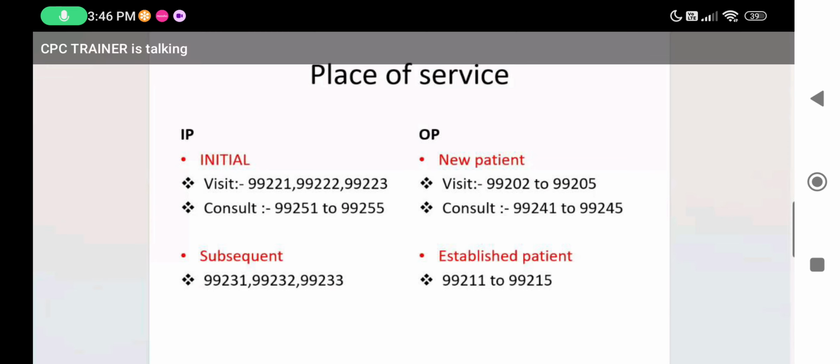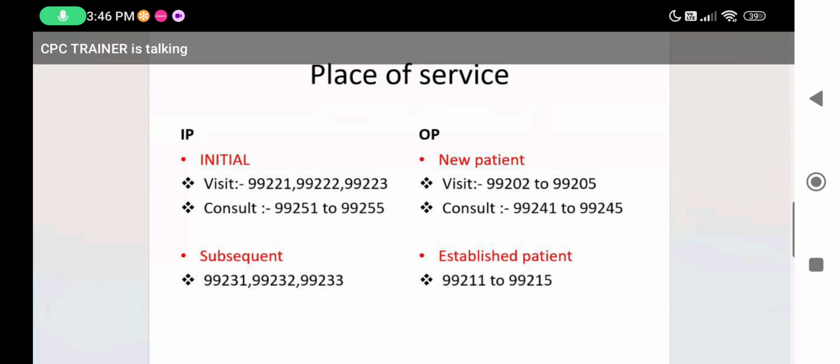Whenever you go with a new patient, it means the patient is coming for two different reasons. One is the visit, another one is the consult. So visit and consult are both different, guys. For example, a visit means without any appointment we directly go to the hospital and meet the doctor. This is a common one. But consult means we need to have already taken an appointment. For a visit the general physician is enough, but for consult we need the specialist. So this is the difference between visit and consult.